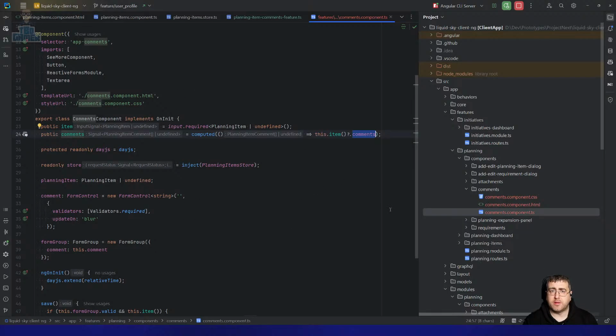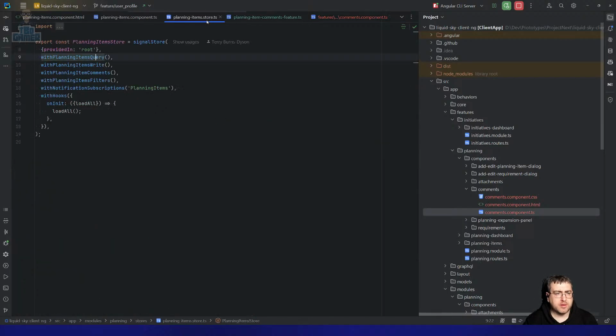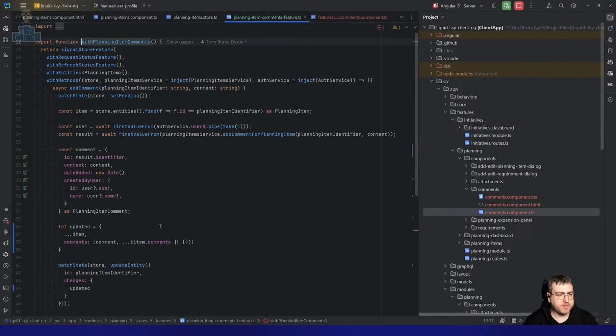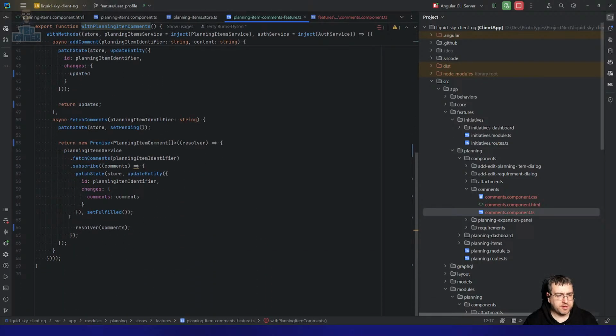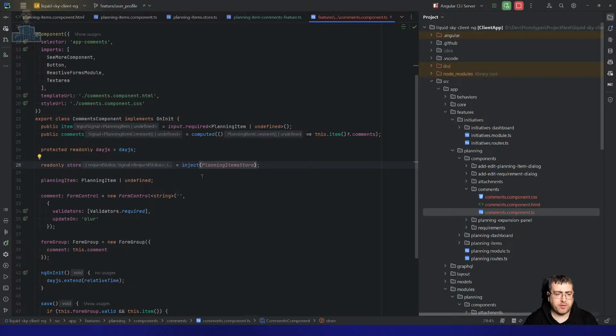Go fetch the comments and load them in. My initial version of the comments was it sets the comments on the planning item, and then returns the array. So I could potentially, if I could figure out how to listen to a signal changing, if there's a value,